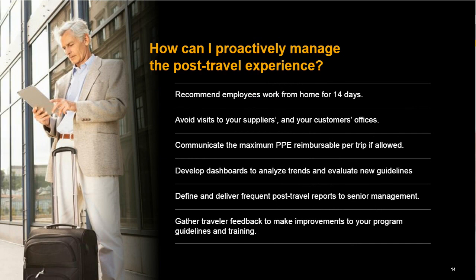So as you put policies and processes in place to help keep all employees safe as travelers get back to their homes, you should consider advising travelers to work from home for 14 calendar days once they return from their trip, to avoid visits to the company, supplier, or customer offices during this time, to communicating a maximal reimbursement allowance per trip for PPE,